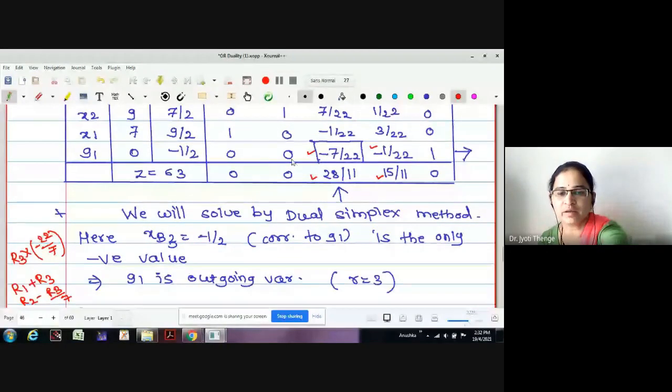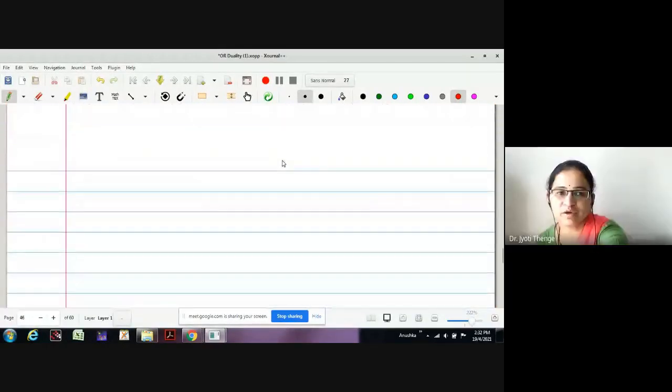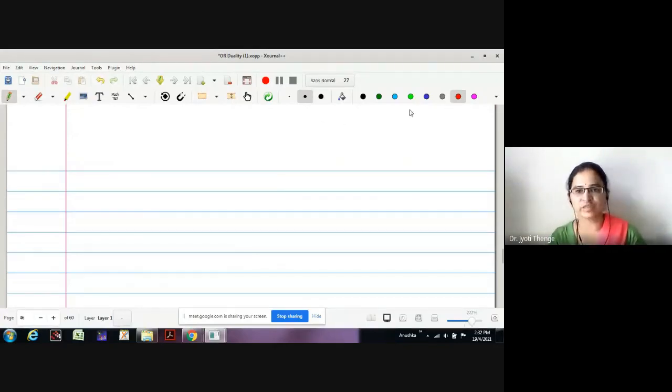Now it is again difficult for me to do the row operations because the table is not on a single page. Therefore, I will write the entries. You just do the calculations with me. If it was on a blackboard, it was easy for me to do the calculations. But now it is not on one page, so it is somewhat difficult to do the calculations.